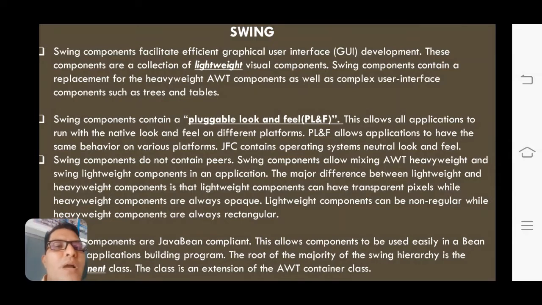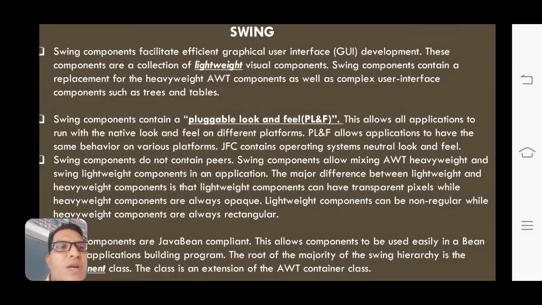Okay, pluggable look and feel, PL and F, allows applications to have the same behavior on various platforms. Whatever the operations or the methods or the execution levels you are specifying in your application will remain the same on any platform. Its functionality is the same wherever you are running your applications.